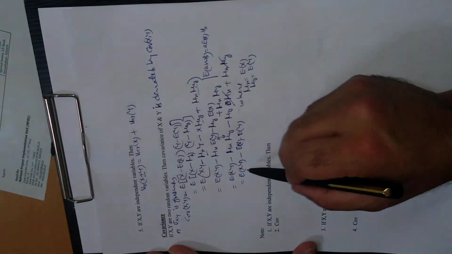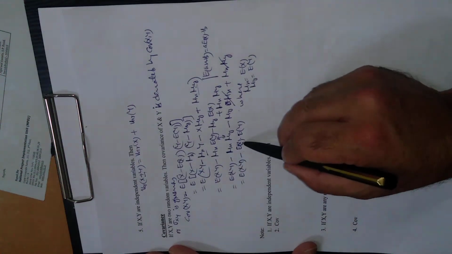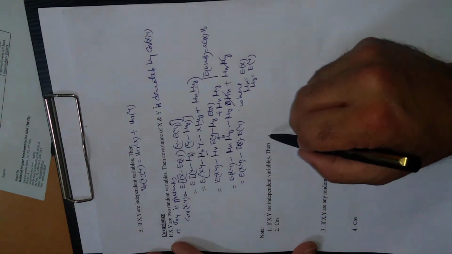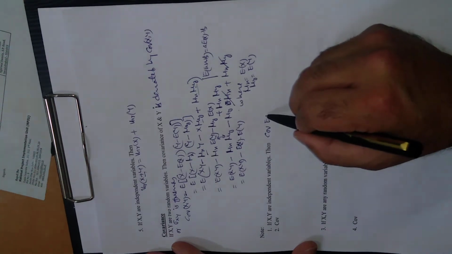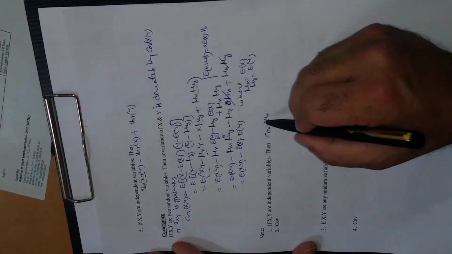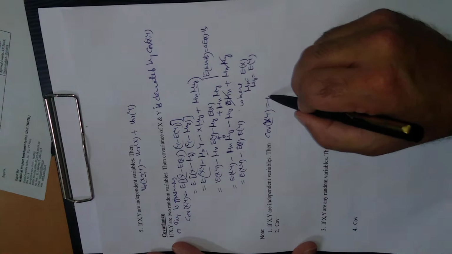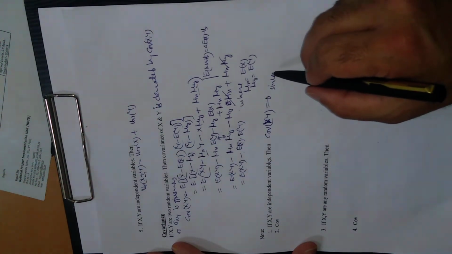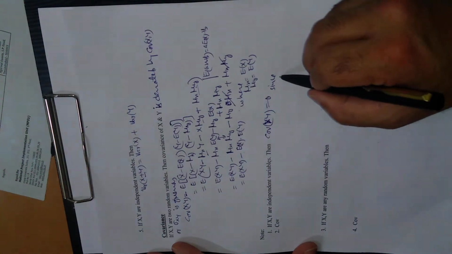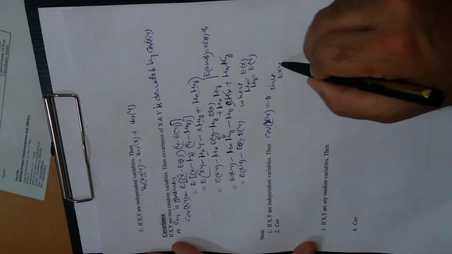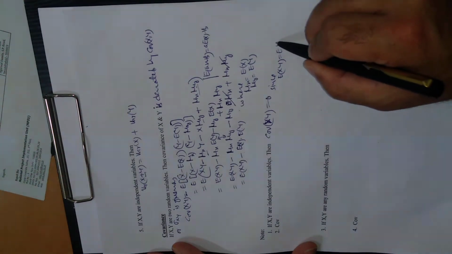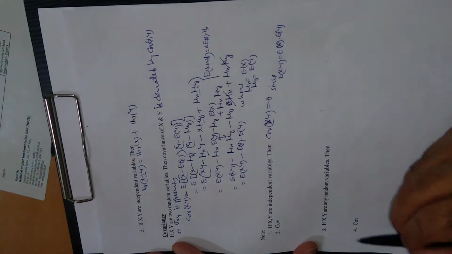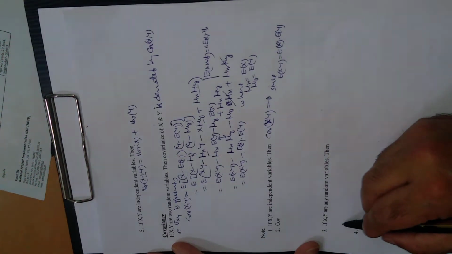So covariance between x and y is the difference of these two: E of xy minus E of x E of y. Note, if x and y are independent variables, then covariance of x and y is 0, since we know from the previous note on expectation that if x and y are independent, then E of xy is equal to E of x into E of y. If these two are equal, then this difference will be 0. That's why this covariance is 0.